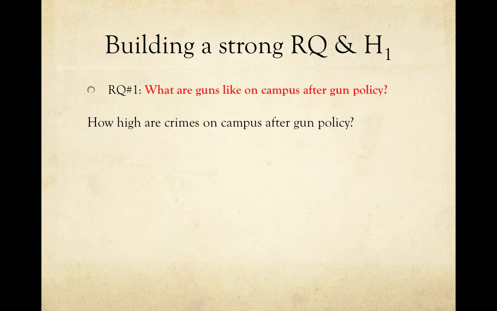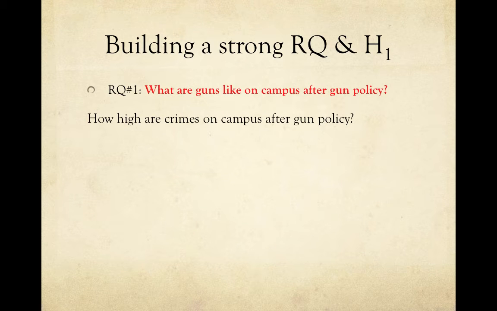If we revise it to "How high are crimes on campus after gun policy?", would this be a strong RQ? It is stronger than the first, but does not meet the criteria for a strong RQ. The type of crime is not specified, and remember, crime can be nonviolent or violent. We need to be specific about what "how high" means, which campuses we're referring to, and which specific gun policy we're referring to. The third RQ